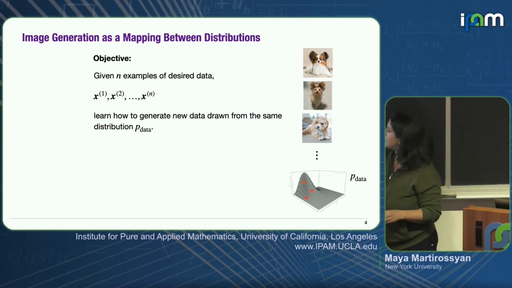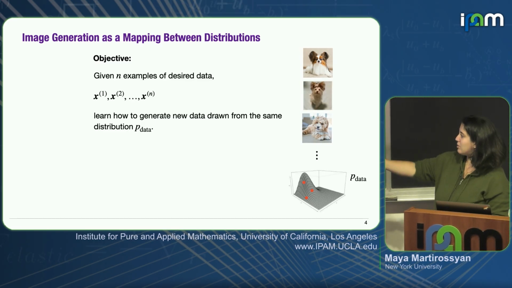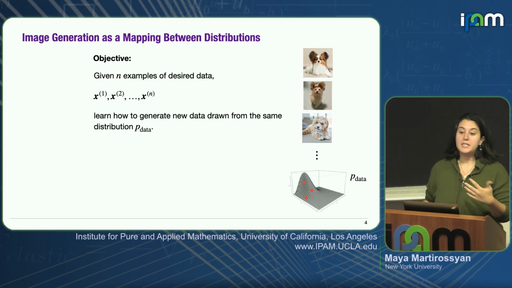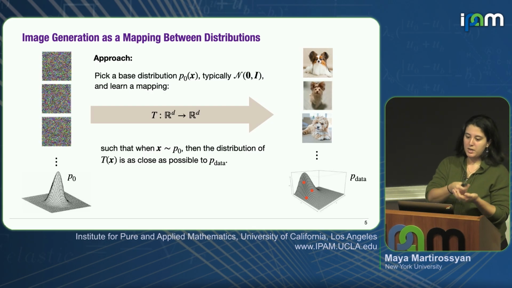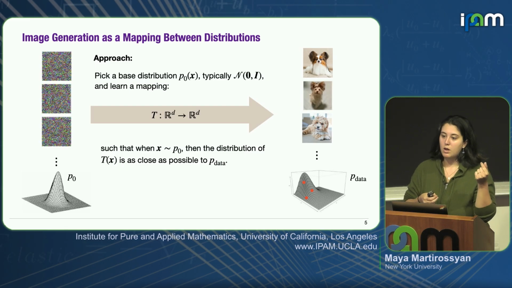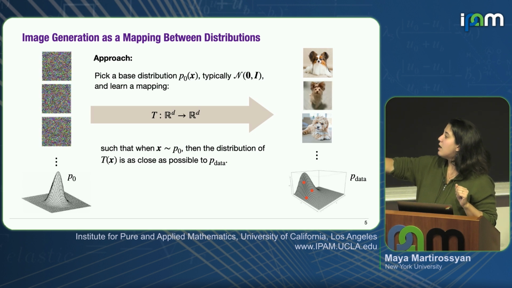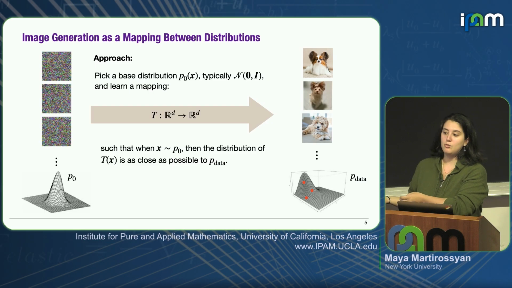So for example, here the true distribution is what I might call P data, and the actual samples are these orange dots on the distribution. You give it these samples, and what you're asking for is to learn more things from P data, new samples that you don't already have. The way that you do this is that you leverage a base distribution, which is easy to sample from. Often this is just some kind of Gaussian, or in this case, uniformly colored noise. What you want to learn is the mapping from that easy-to-sample-from distribution to the distribution that you actually want to sample from, which is non-trivial to sample from because you don't actually know what it is.